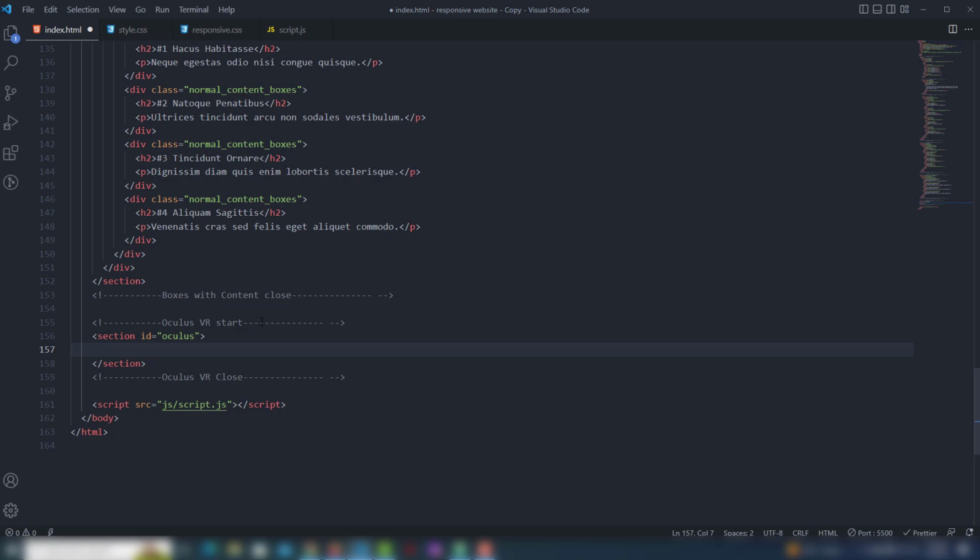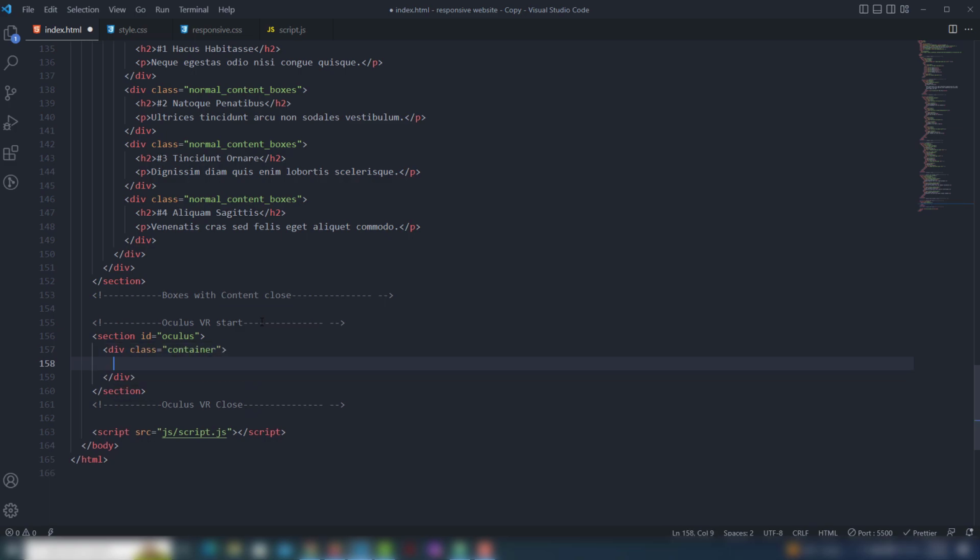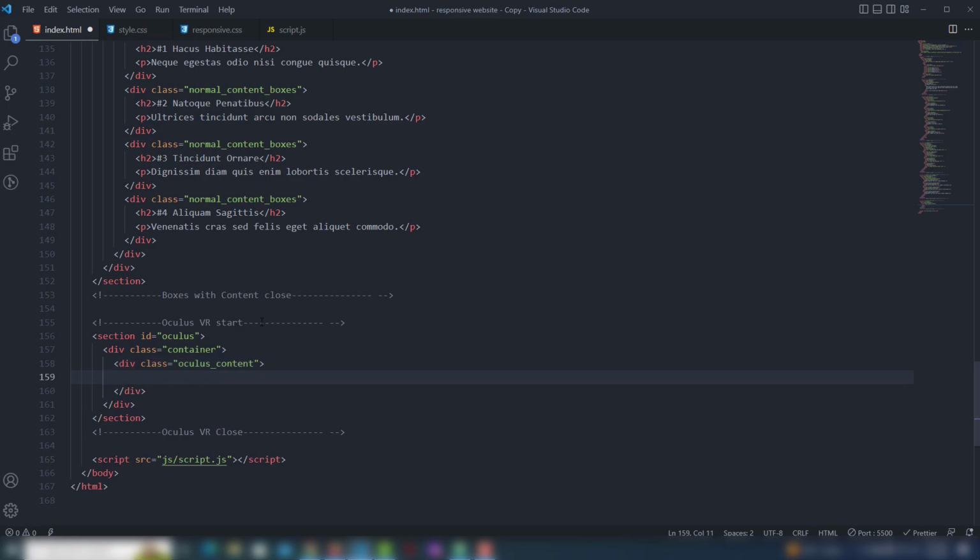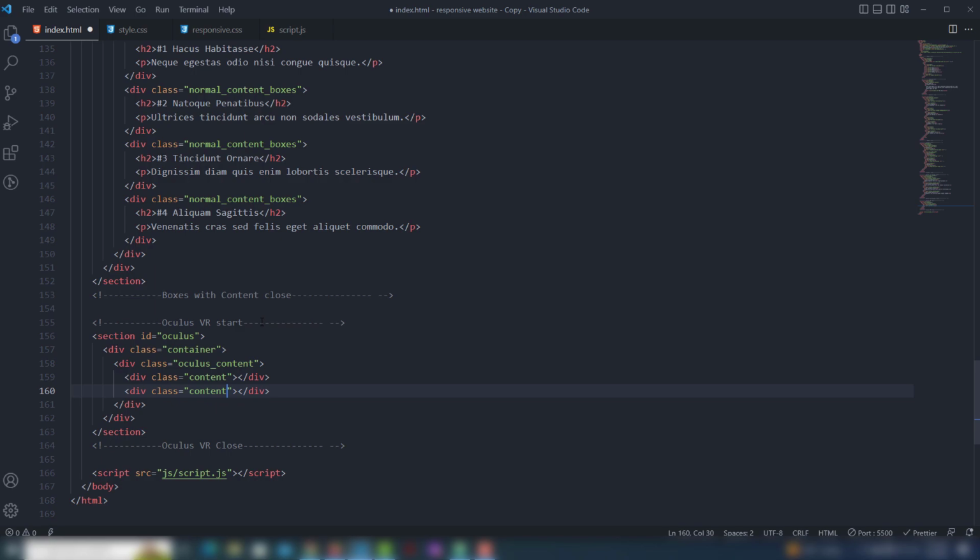In the Oculus I will write the container div. In the container I will use the Oculus content, and there I will make 2 columns. The first one will be content, the second one will be image,